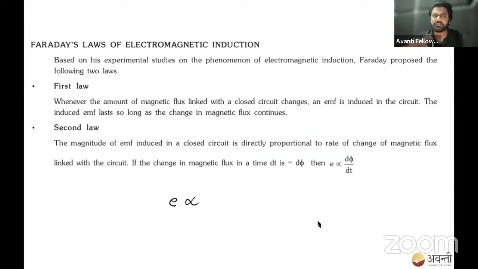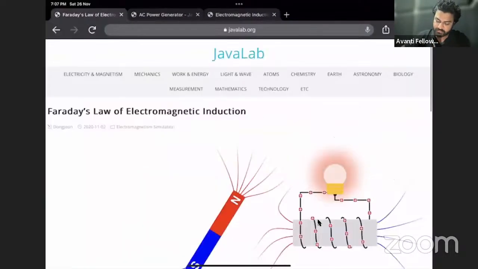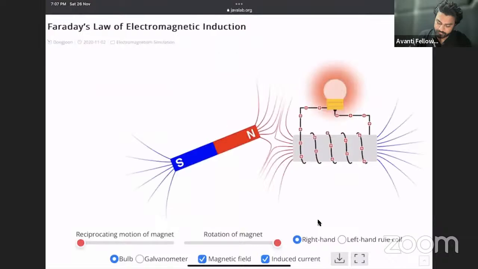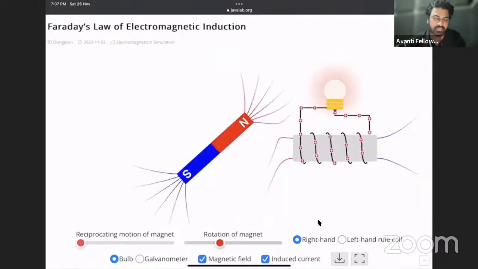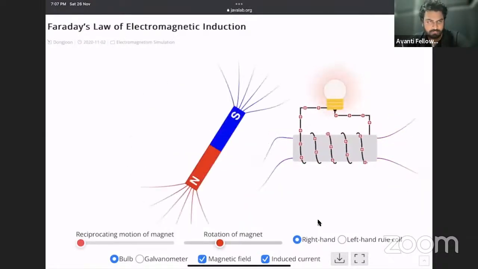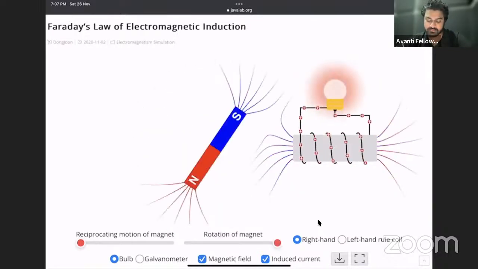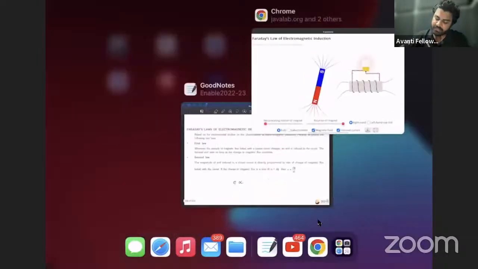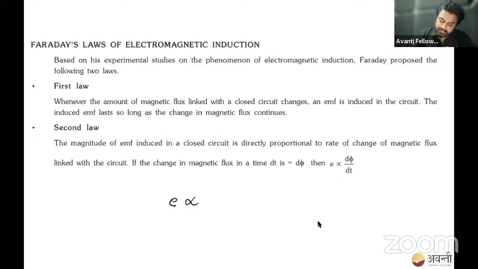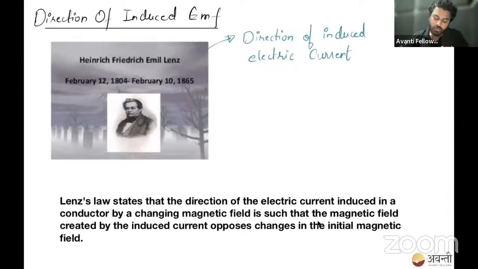For example, if the flux is changing very fast, means if I say this magnet is rotating slow, see the positive charge movement in the wire, it is slow. If rotation increases very fast, see the movement of charges in the wire, fast. Okay, so what Faraday told in the second law is that the EMF induced in the circuit or in that conductor is directly proportional to the rate of change of flux, which is d phi by dt. Clear? Simple?